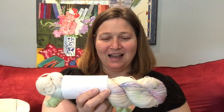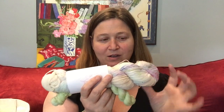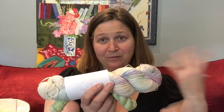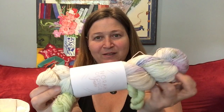and I am so glad I got this. When I originally purchased it, I was only able to get the big skein, and then I was able to buy just a mini on its own, but the mini would have been the same as this one. Thankfully Tracy opened up some more kits, so I was able to ask her, can I switch? I purchased this one, and she was really fantastic and reimbursed the other one. Although I don't think I would have minded having two of these because they are beautiful. Anyway, this beautiful soft green is the Jane Eyre kit,